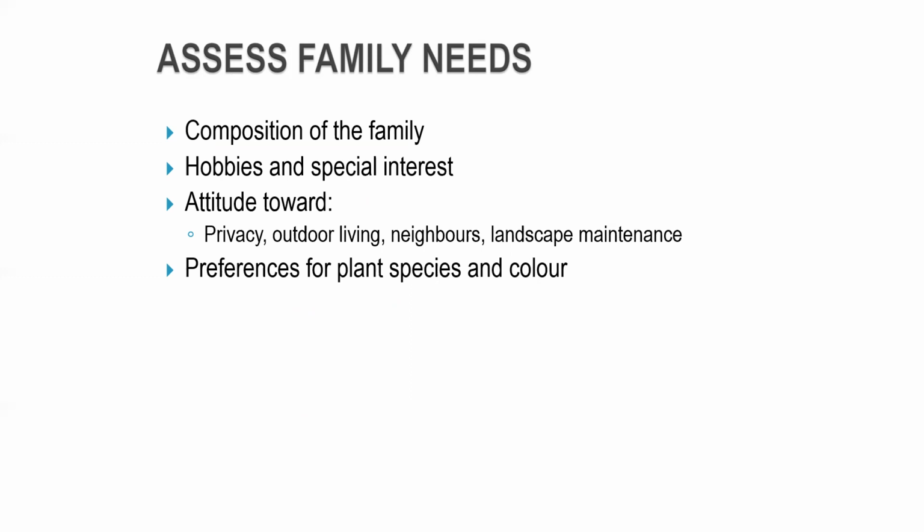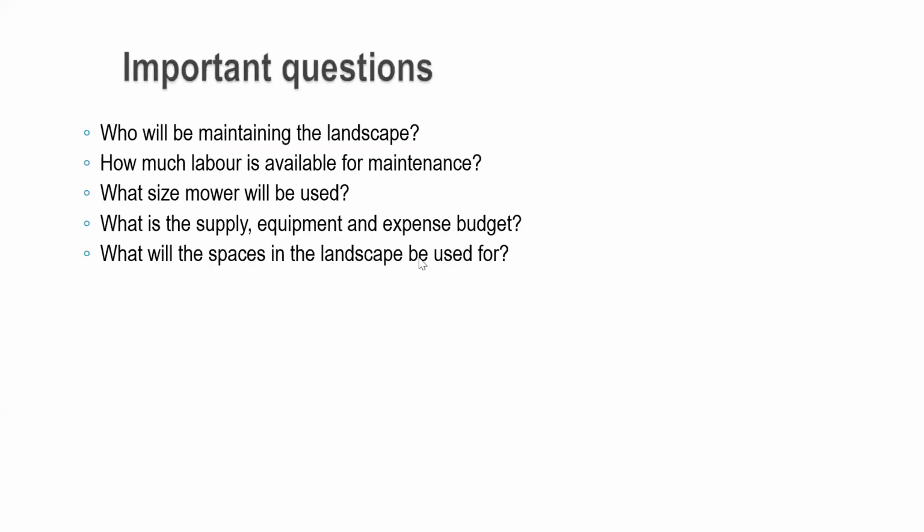And how much cost will be attached to that? You need to actually probe all those questions. And you also need to know the preference of plant species and color. Some clients will know a number of plants, and so you ask them whether they have some preferences in terms of color. These are some of the questions that you will ask